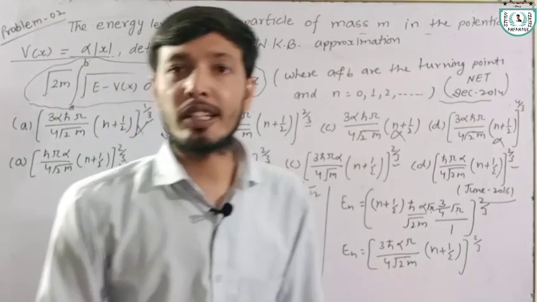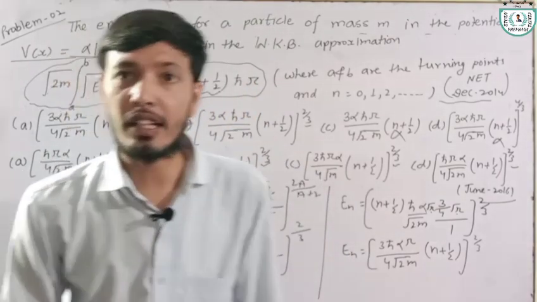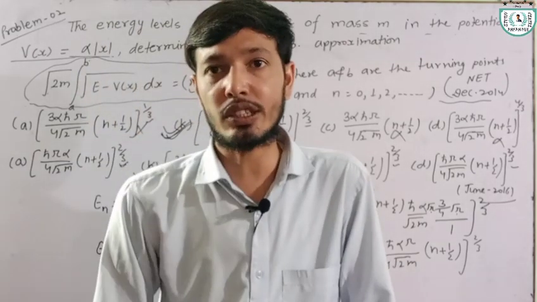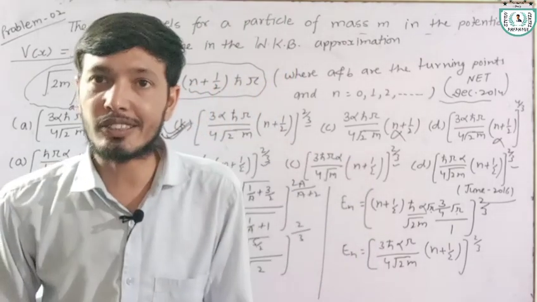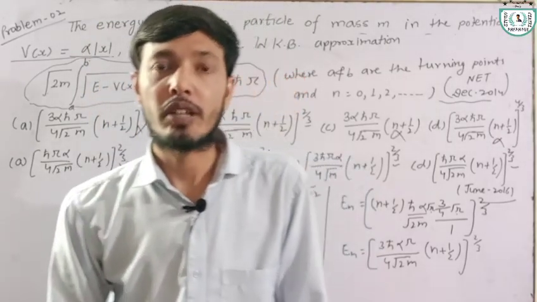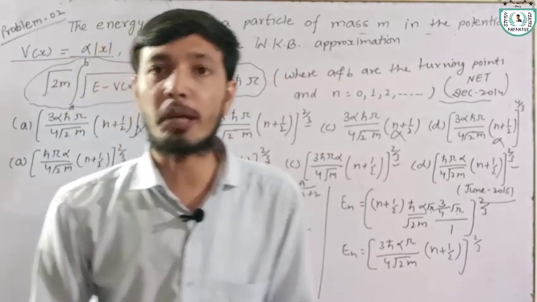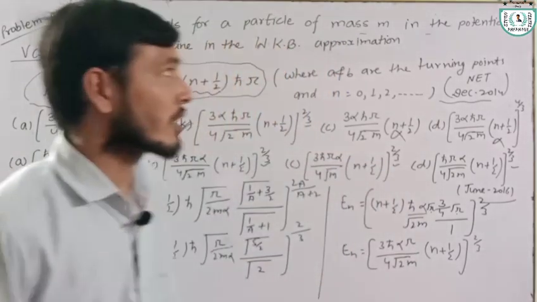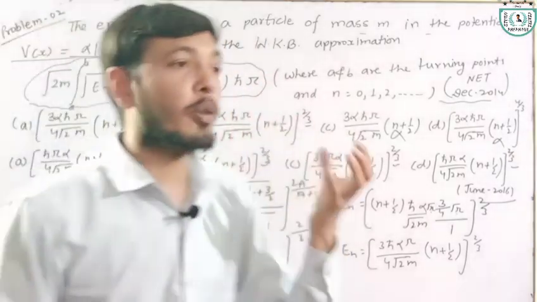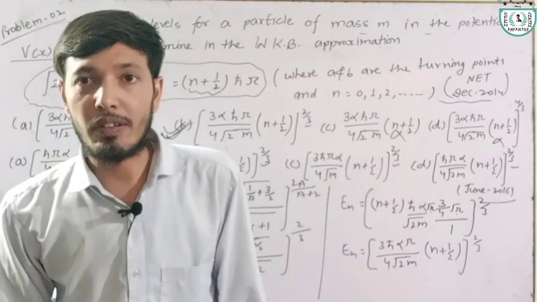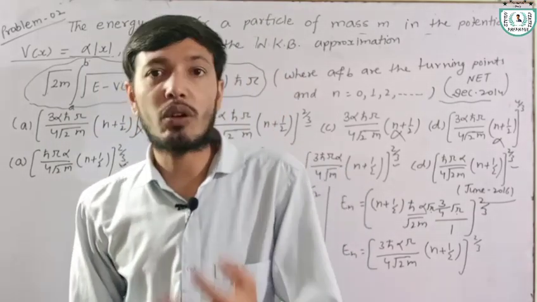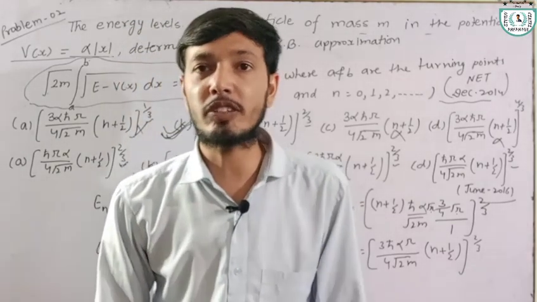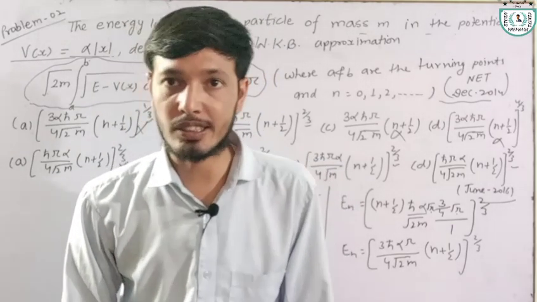Okay, this is the method to solve problems in CSIR NET. We can easily solve any problem in 30 to 40 seconds, for even potentials only. In the next video we will discuss how we can solve any problem related to the WKB approximation method in just 30 to 40 seconds. Till now we have discussed only even potential problems. In the next lecture we will discuss how we can solve odd potential problems in just 30 to 40 seconds, and how we can solve the transmission coefficient also in just 30 to 40 seconds.